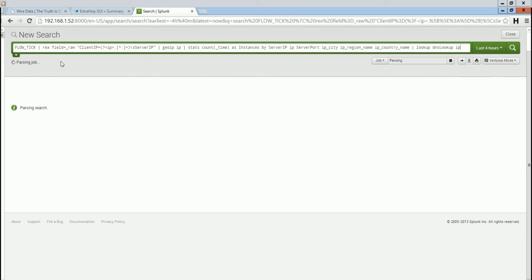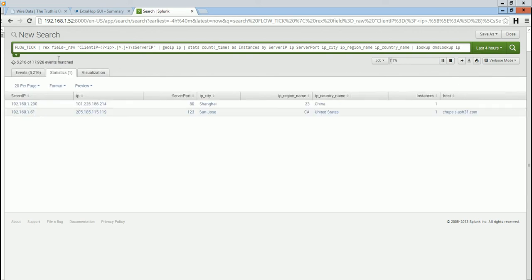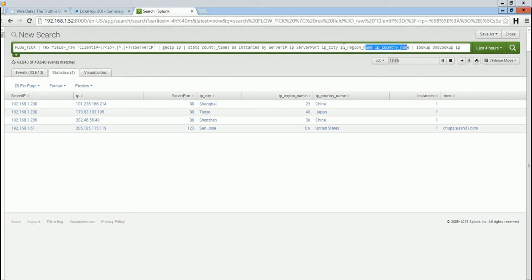So what I'm doing here is I'm taking a look at the flow tick data. I'm using a regular expression to get the IP address so that I can do a reverse lookup of it. And then what I'm able to do is grab the stats, the total number of instances, by server IP, by IP address, by server port, and then I'm getting this geo data here with the city and region and country. And here are all of the connections that were made from, this is the server IP, this is the IP that they connected to,